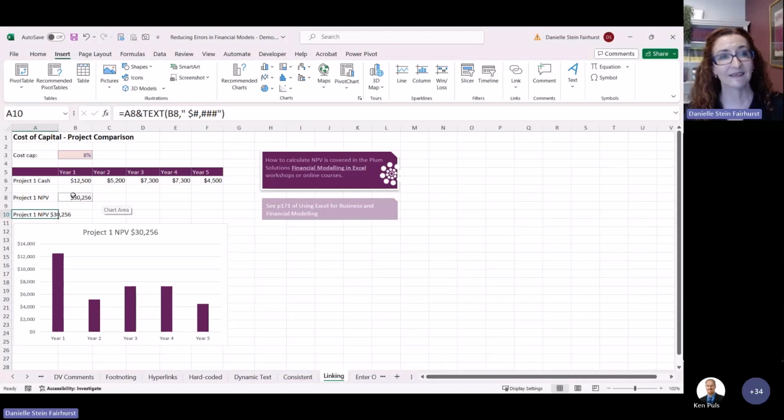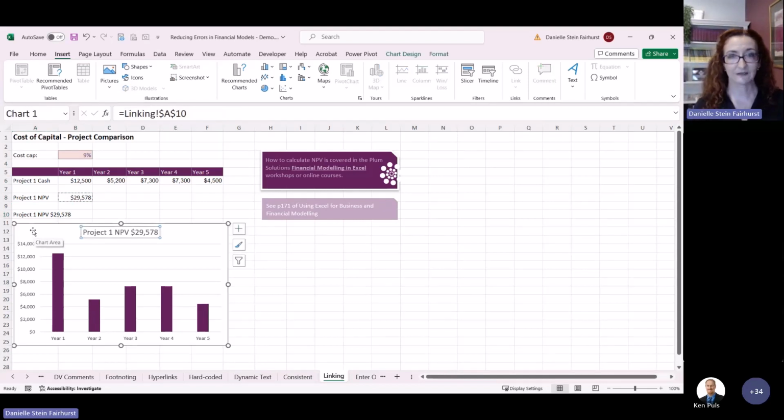Linking, always linking. So having your cost of capital, for example, here, if you were to change that to 9%, that of course is going to drive your NPV, and that's going to drive your description. So you guys know how to do that. And then I've just got a little title on the top.